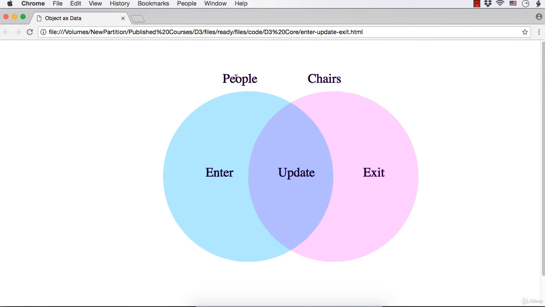And if the number of data points is more, we need to add more elements to correspond to each data point. Hence, it results in enter selection. And instead of chairs, we have existing elements. So if the number of existing elements is more than data points, we need to remove the extra elements and it results in exit selection.